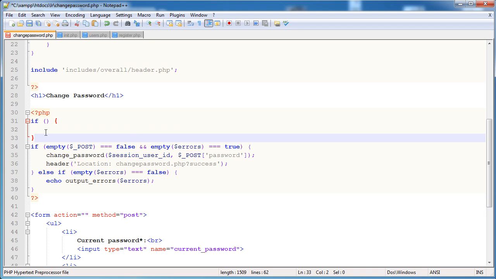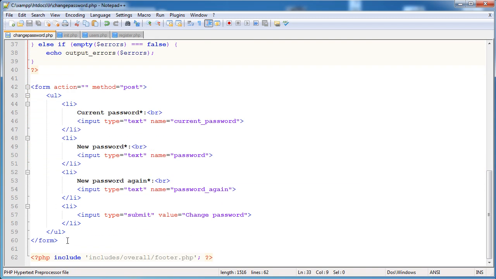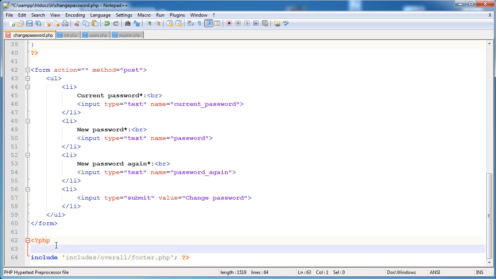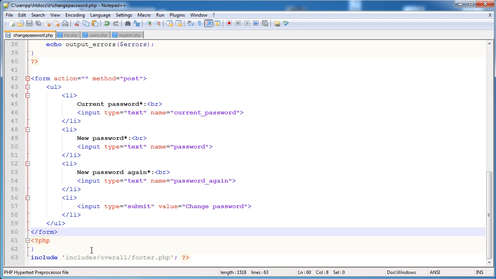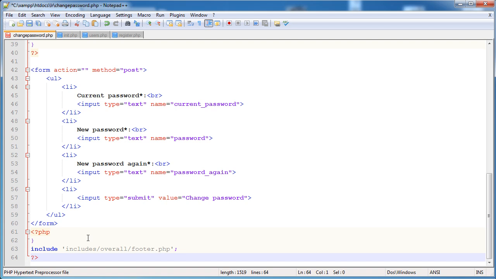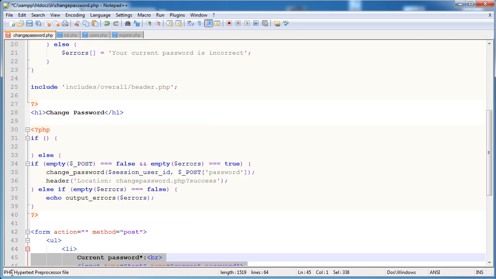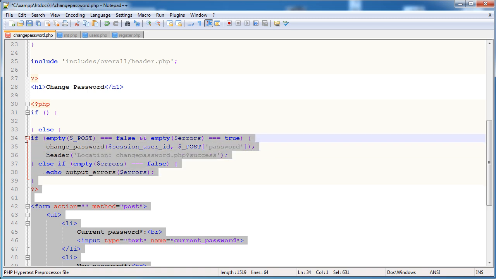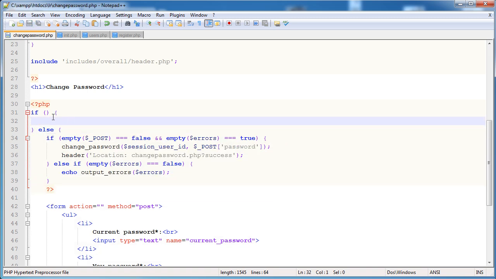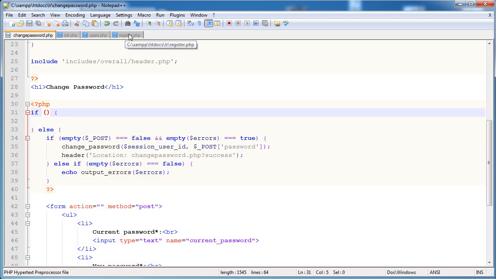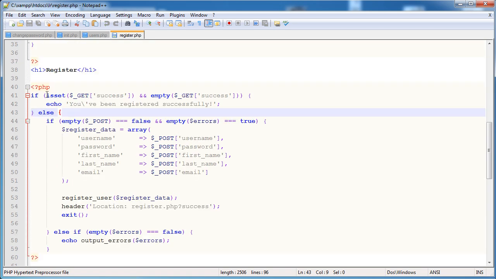So if, and here this will be the block that we need to execute if the success message has been passed through or the success query has been passed through. Else, and we need to go all the way down to the end of our form there. And that's it. So let's just pull that down a bit. So I'm going to just grab all of this. There, indent. Perfect. So if, let's just go ahead and copy this from here. So if is set